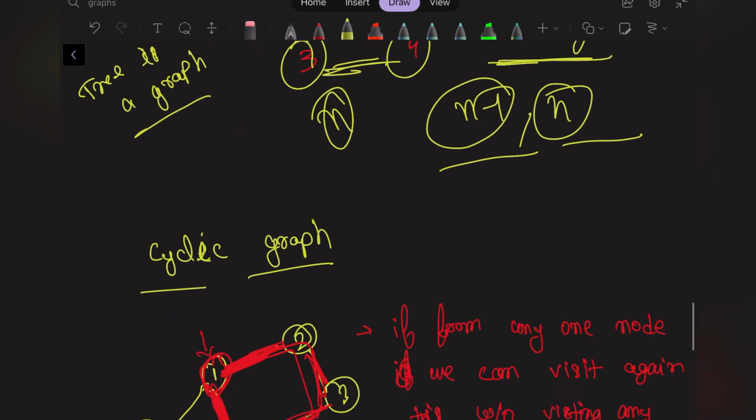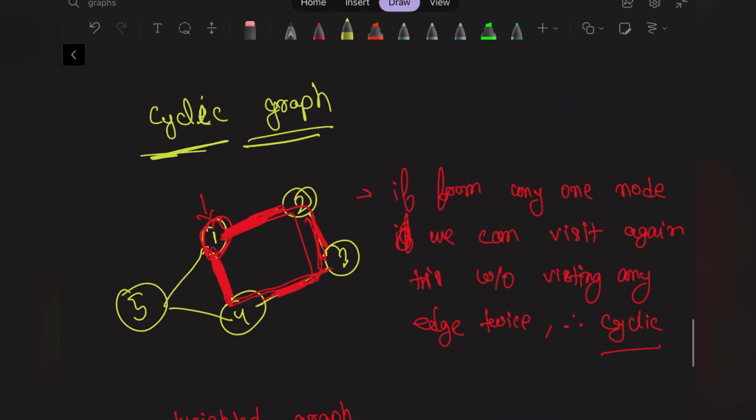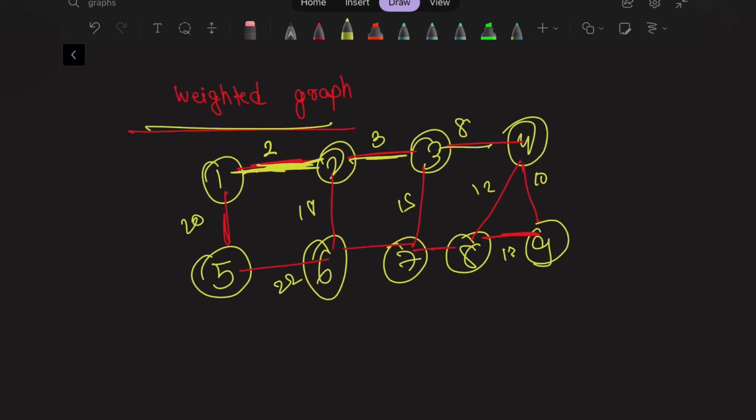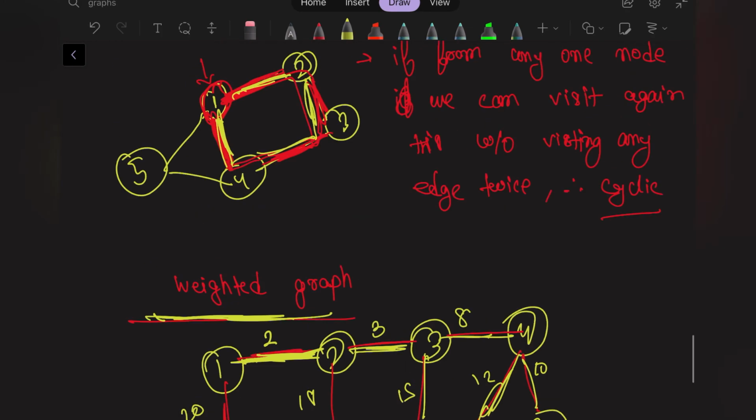And after that we discussed the cycle graph. From any one node, if we are able to come again to that node without visiting any edge twice, we can easily say this is a cyclic graph, a graph having a cycle. Then we discussed the weighted graph, a graph in which every edge has some cost associated with it. Okay, in the next section we are going to